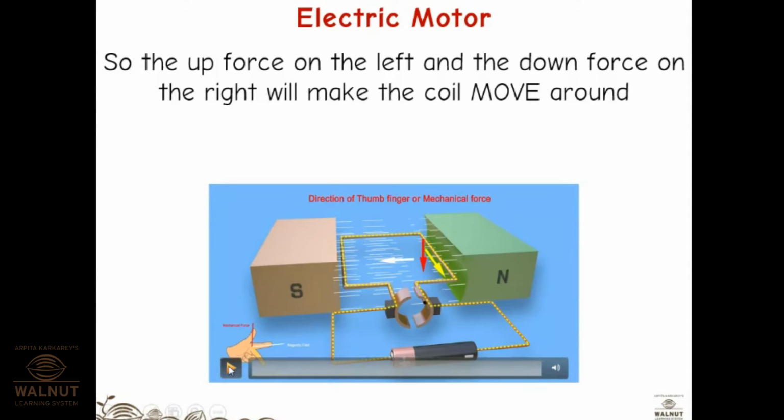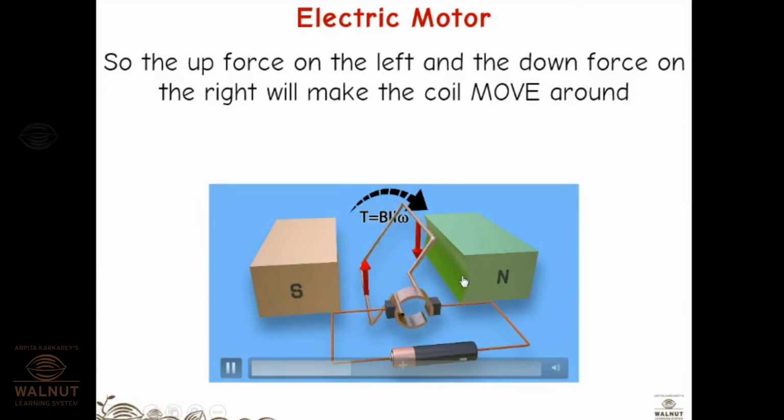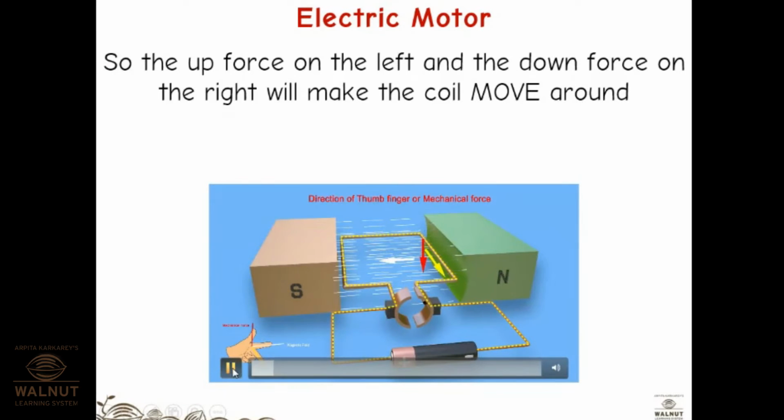Let us see how. This is the direction of the magnetic field. See, this is how it is moving. Just notice one fact over here, that whichever part of the coil is coming this side is always experiencing an upward force. And whenever the part of the coil is coming this side, it is experiencing a downward force. And that is how the coil is rotating. I will show you again. Just see.